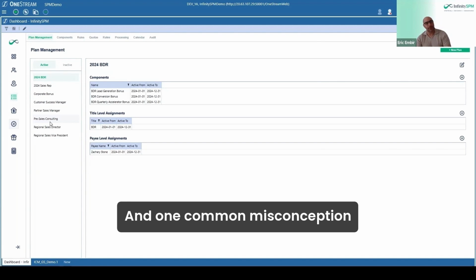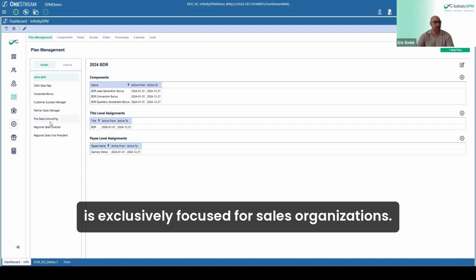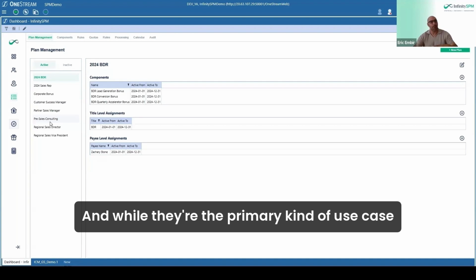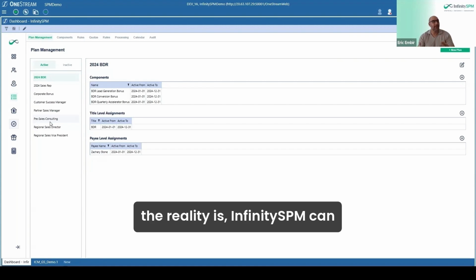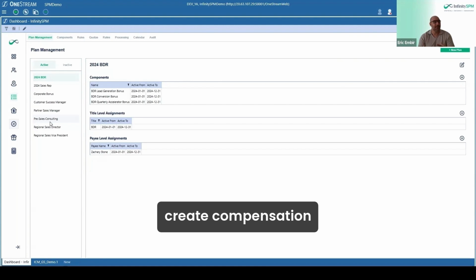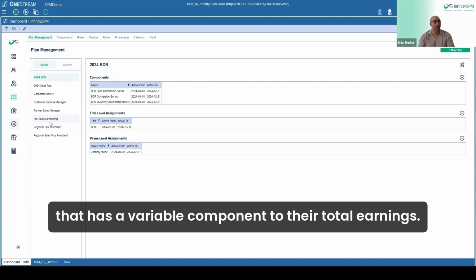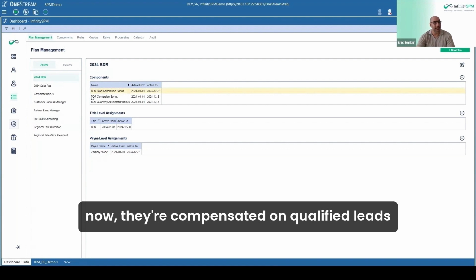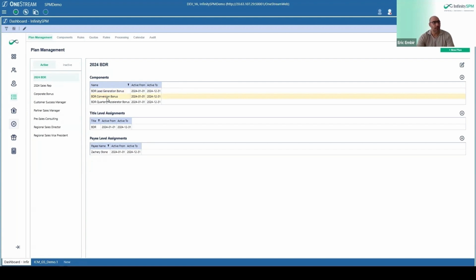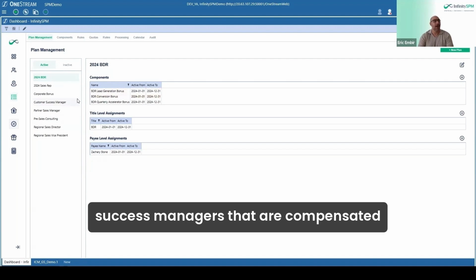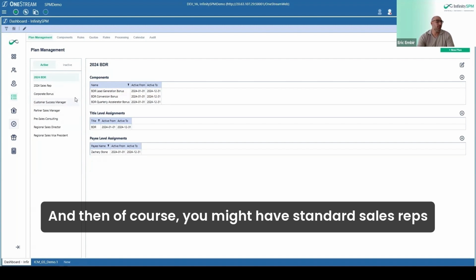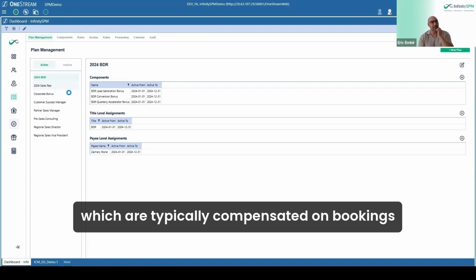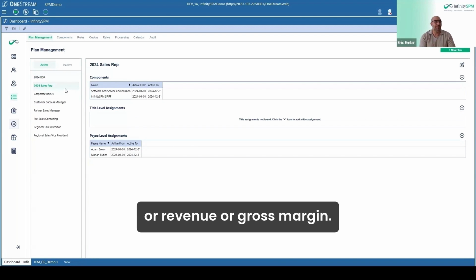And one common misconception is that incentive compensation is exclusively focused for sales organizations. And while they're the primary use case for developing compensation plans, the reality is infinitySPM can create compensation structures for any role that has a variable component to their total earnings. So for example, if you look at business development reps, they're compensated on qualified leads or conversion of leads to revenue. You might look at customer success managers that are compensated based off of customer retention. And then, of course, you might have standard sales reps, which are typically compensated on bookings or revenue or gross